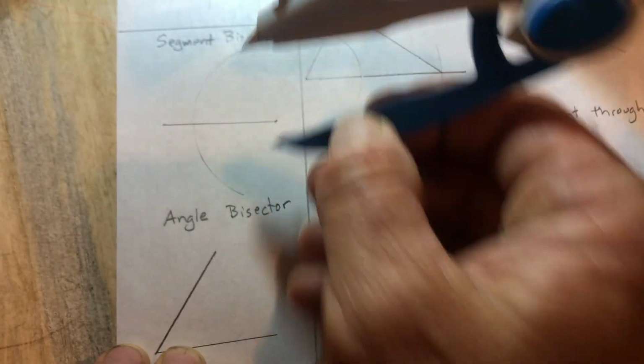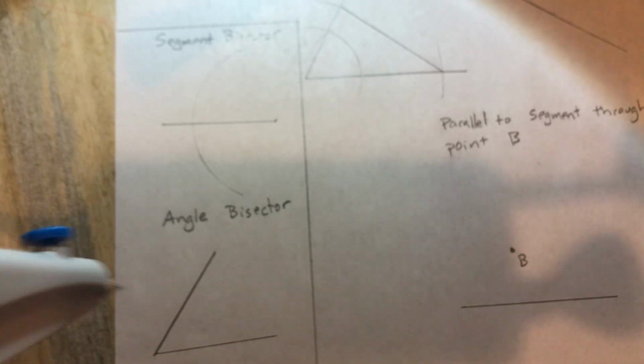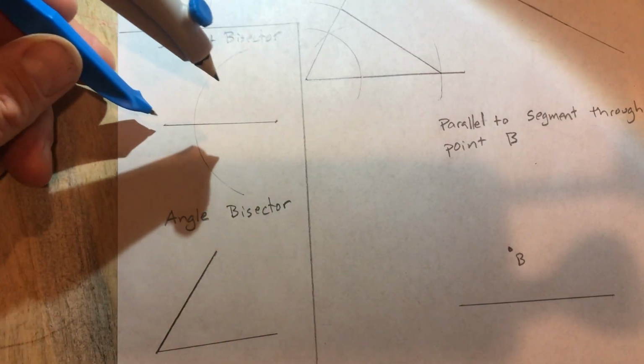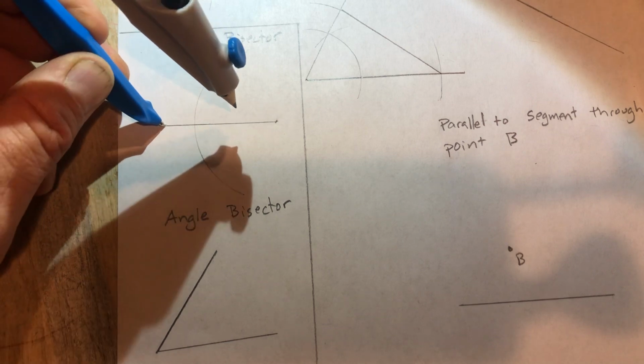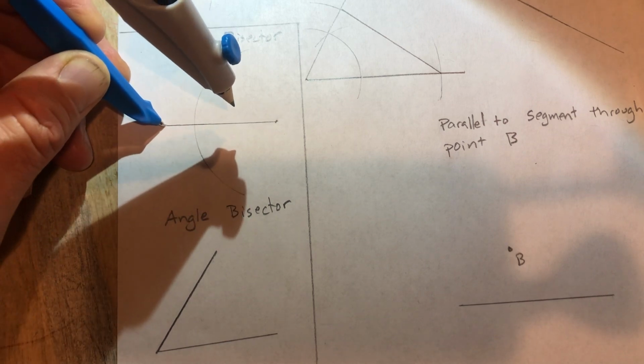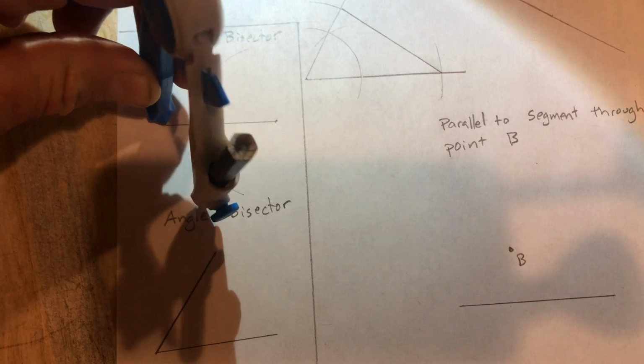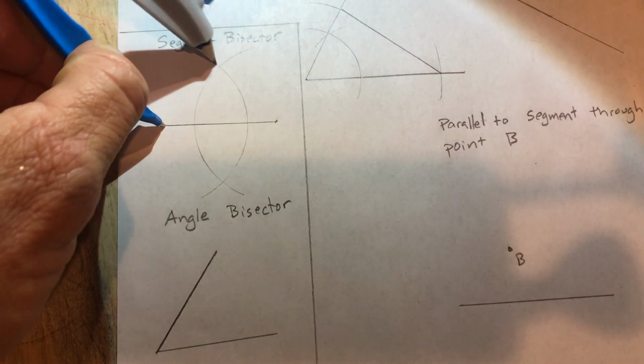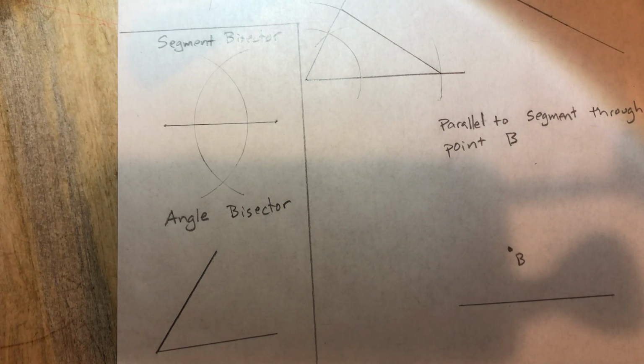I don't have to make this continuous arc here. It's okay that I did, it's just kind of nice to see. Then I keep the same radius. I don't change it. Go to the other side and do the same thing right there. Now what I've done is create two intersections for me to connect,